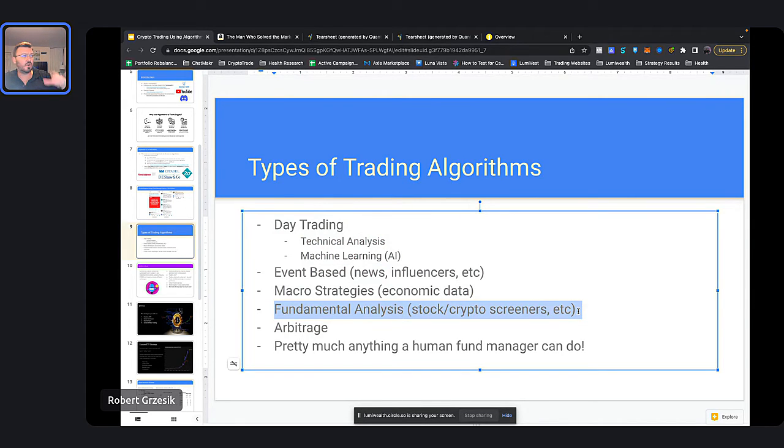You could see the volume, like how much volume has gone up or gone down, has the supply changed? There are a lot of things they can look at fundamentally for crypto coins to see how their prices are evolving, right? They're priced a lot like commodities, so a lot of those things apply there too, right? There are also arbitrage trading algorithms, right? This is the case where Coinbase has Bitcoin selling for 2,000 and Binance has it selling for 2,100. You can buy it at Coinbase, sell it at Binance, and make $100 each round trip. But there are a lot of other things they could do like that.